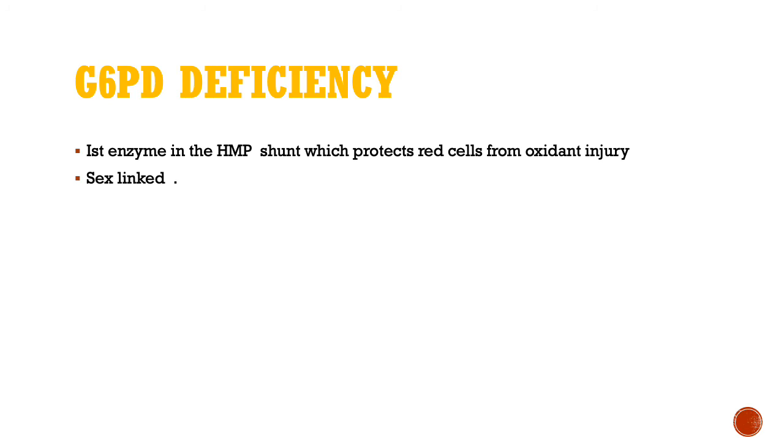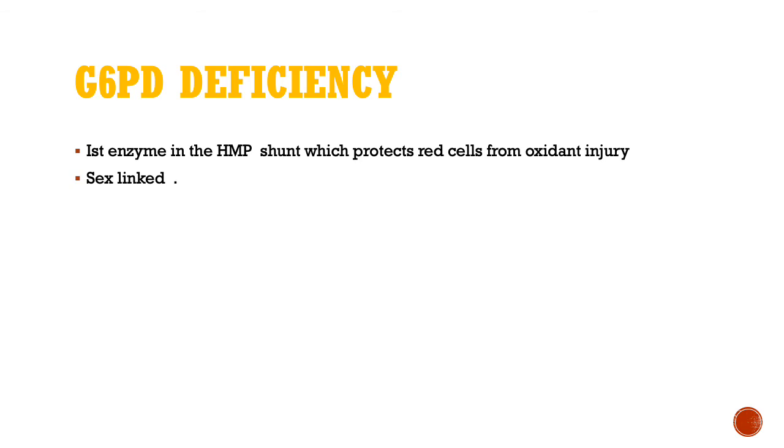So generally the energy for the red blood cells is available primarily through glycolysis by two major pathways, that is the Embden-Meyerhof pathway and the hexose monophosphate shunt pathway. Even though only 10% of the glucose is catabolized by the HMP shunt pathway, it is an important pathway for the prevention of oxidative damage to the red blood cells. And G6PD is an enzyme involved in the HMP shunt and is one of the free radical scavenging systems.